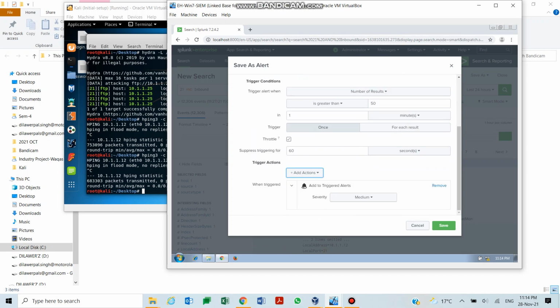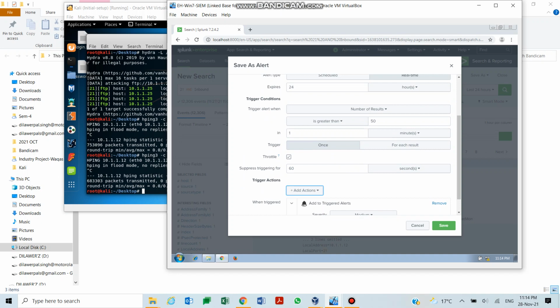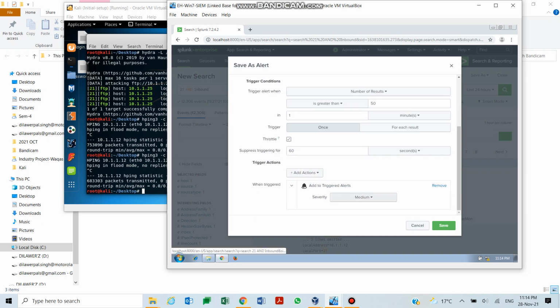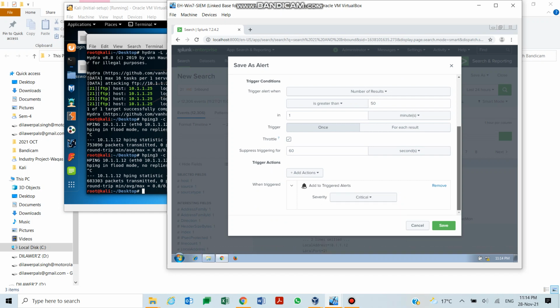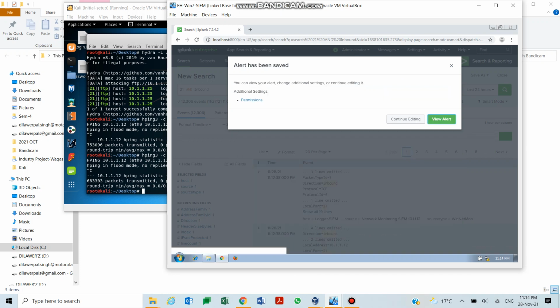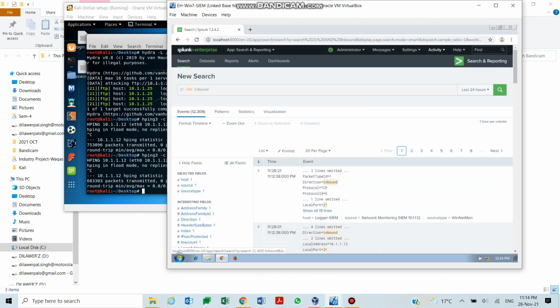For this one also, action, whatever you can choose according to the severity you want to create, medium, low, high, critical. Let's go for critical for this one. Save, and now